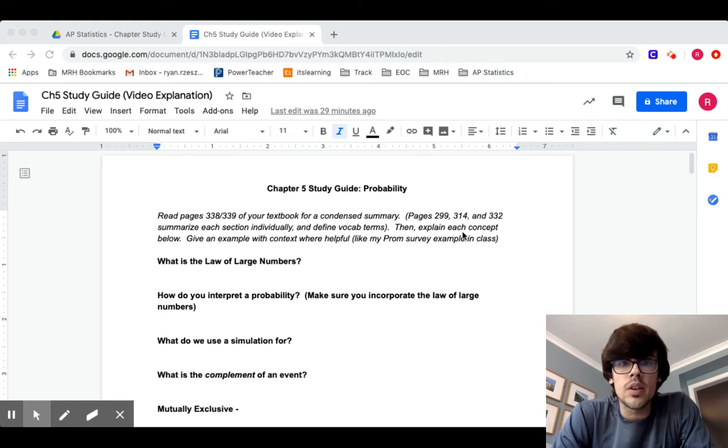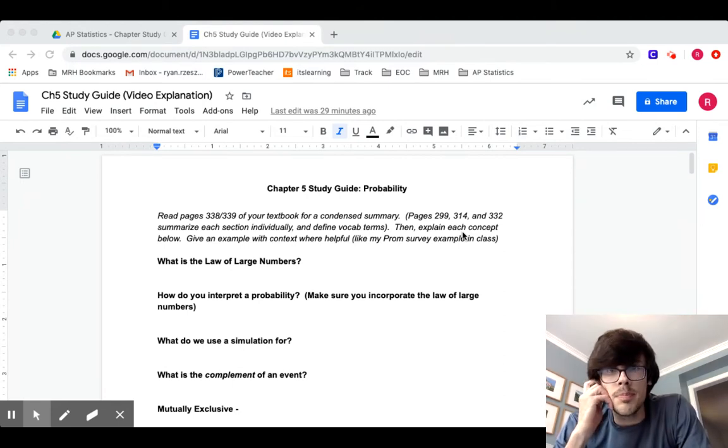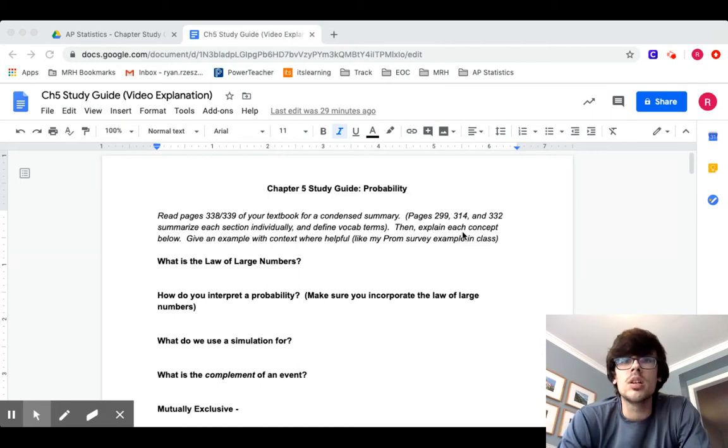All right, so here we go with our Chapter 5 study guide, which is all about probability. And I talked in the Chapter 1 study guide for my 2020 kids this year on the AP test, I think there will definitely be a question that makes you analyze a graph in some way. This chapter right here, probability, is another big thing that I believe will have a strong emphasis on your exam